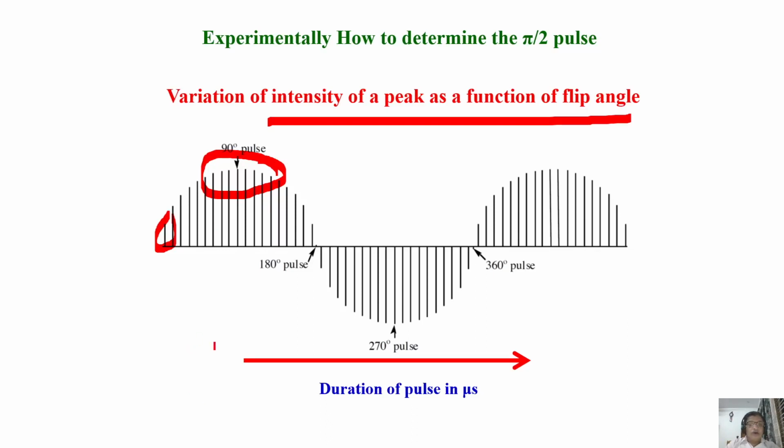Okay. So, keep on varying the pulse width without changing any other conditions. Power remains same. Vary the pulse width. Then you keep on measuring the intensity. See, the intensity follows a cosine curve or sine curve like this and reaches maximum here and then keeps decreasing. It becomes zero, goes back, goes back, goes back like this.